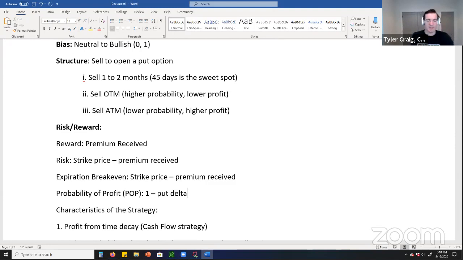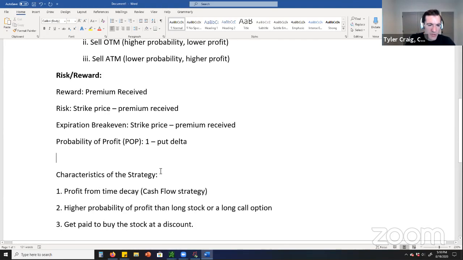So if you sell a 20 delta put, you have an 80% probability of profit. If you sell a 30 delta put, you'd have a 70% probability of profit. Okay, all right, so those are the numbers. So when you look at